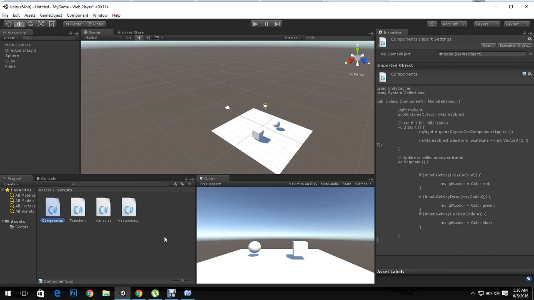If there is a character, the character should start walking when a W key is hit. Pretty much any inputs that can be received from a user, we must handle those and we must do something